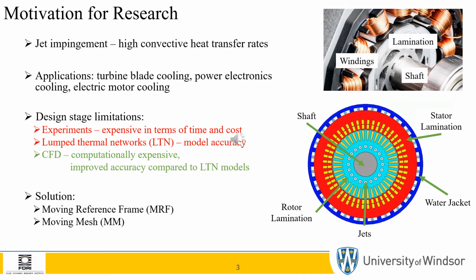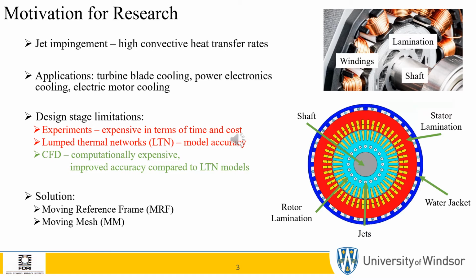For many years now, researchers have been looking at jet impingement quite extensively, for decades now. This is particularly due to the high convective heat transfer coefficients that we can obtain with jet impingement. Jets are becoming quite favorable for applications such as turbine blade cooling, power electronics cooling, as well as electric motor cooling. Last year, I presented on a jet impingement heatsink design for power electronics cooling, and now our research group